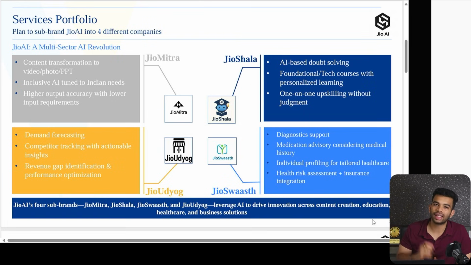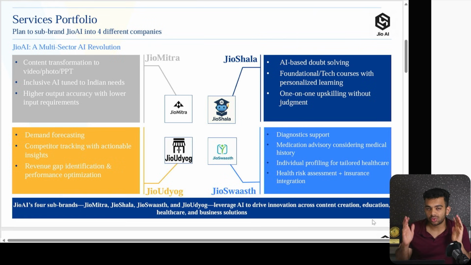In addition to that, they can also attract focused partnerships and focused investment. So that is the first problem that we solved. In addition to that, in this slide, we've also covered the services portfolio of each different business unit. One pro tip here as well, we went the extra mile. We gave certain unique Indian names, some desi terminology, to each one of these products. We created a logo for each one of these products as well.